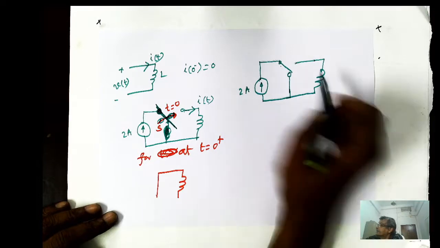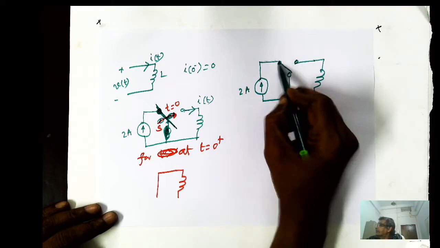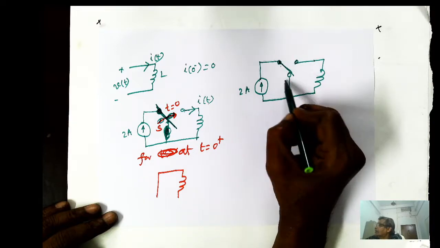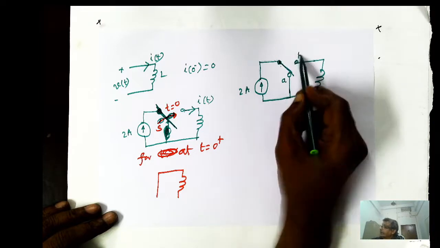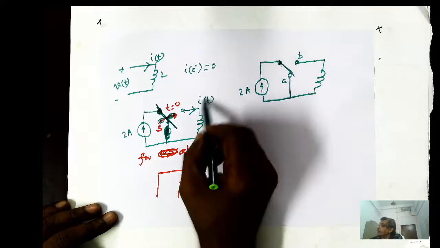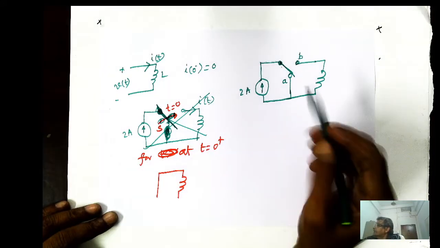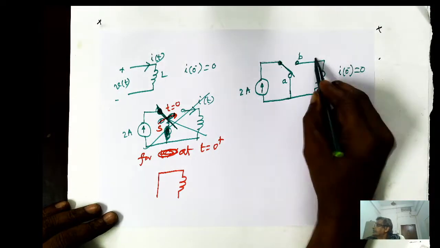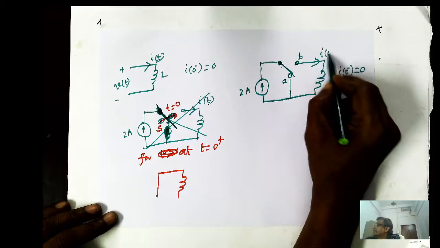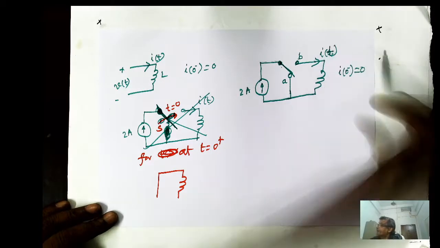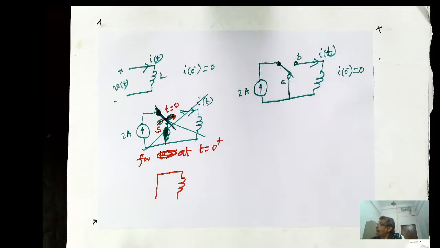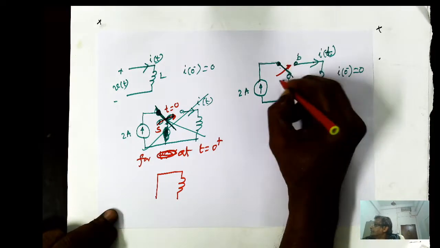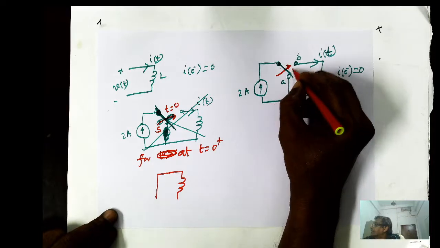Now, it is a single pole double throw switch. Switch may be either here in position A or in position B. Let me draw it. Okay? So, I0 minus was equal to 0. What is I? I is the current flowing through the inductor, I(t), at any time, the current we are examining. And at t equal to 0, I will move the switch from position A to position B. That is the thing, t equal to 0.